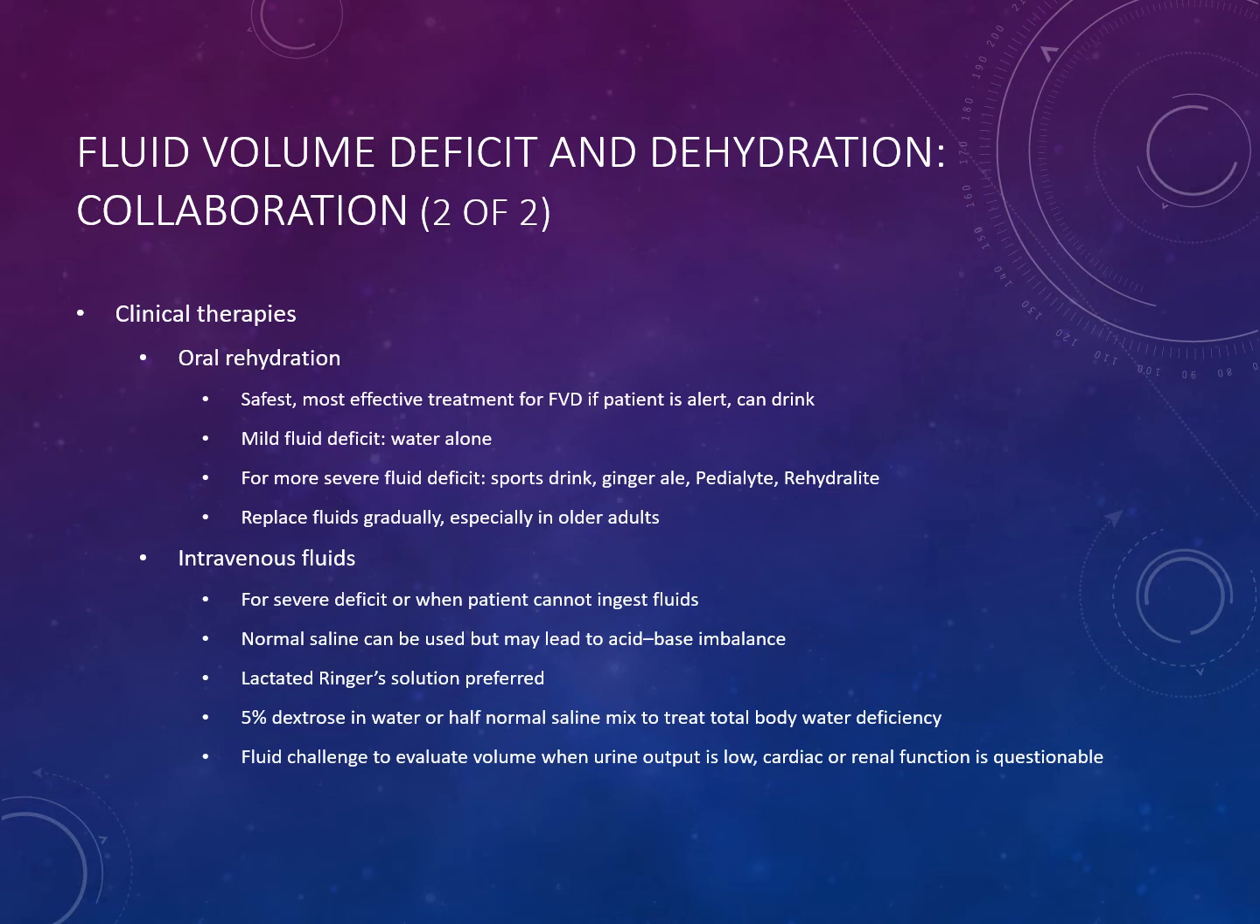Mild fluid deficit, water alone will help get you back on track. For more severe fluid volume deficits, sports drinks, ginger ale, Pedialyte, and Rehydrolyte. Replace fluids gradually, especially in older adults, because if you replace them quickly, you can throw them into fluid volume overload, especially if their kidneys and their heart are not functioning as they should, and it can't handle that much fluid at one time. Intravenous fluids, we talked a lot about intravenous fluids, and it lists those same fluids again